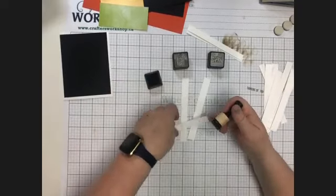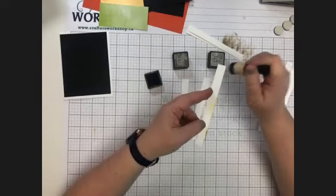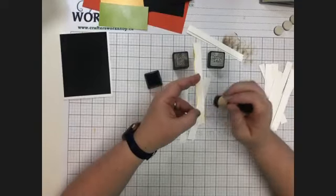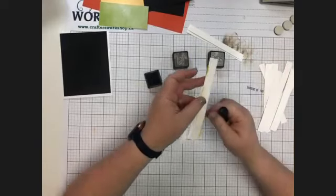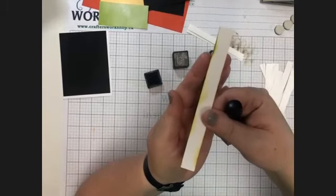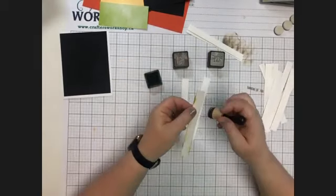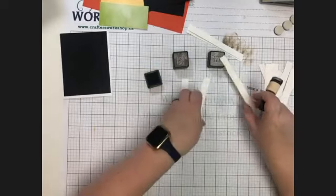And all I am doing is just kind of edging the edges, just applying the ink. I still want a lot of the white showing. So in some areas, I don't know if you can see, let the camera focus there for a second. I've got some bigger smudges here, but that's the benefit of having longer pieces, is that you can move things